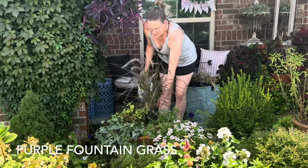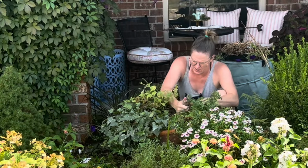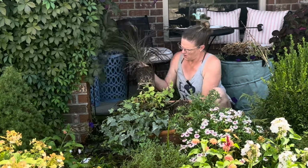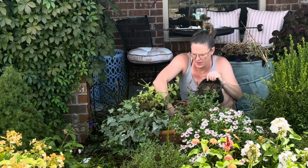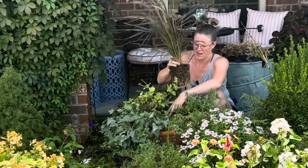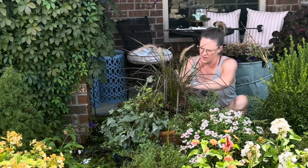All right, so here's my purple fountain grass. I'm going to aim towards this back edge. You can already see it's really filling out. I picked this up from Homegrown in Farmersville. And I do have drips set up to these containers. Roots are looking good. All right, and I am going to add some Biotone. We'll go ahead and get this tucked in there, just like that. And I do think that goes a long way to fill out the container